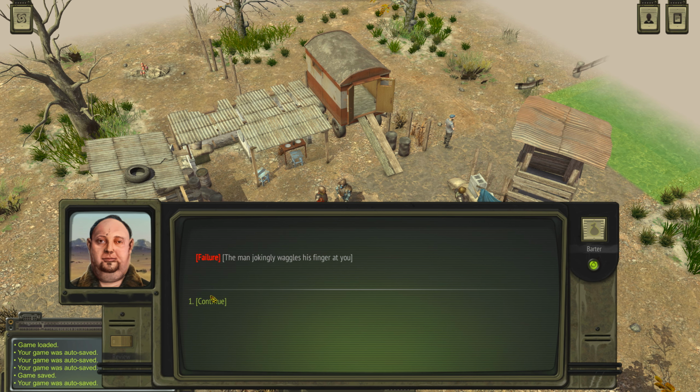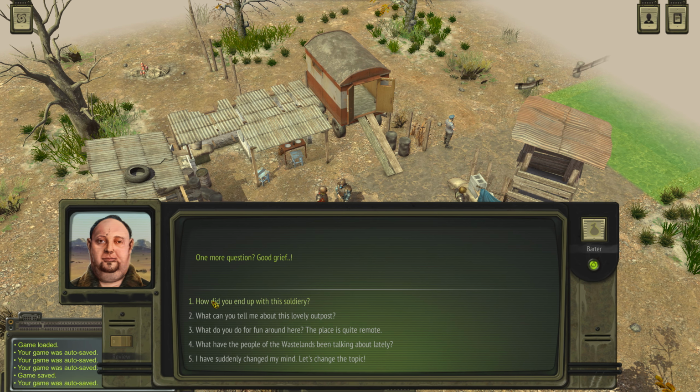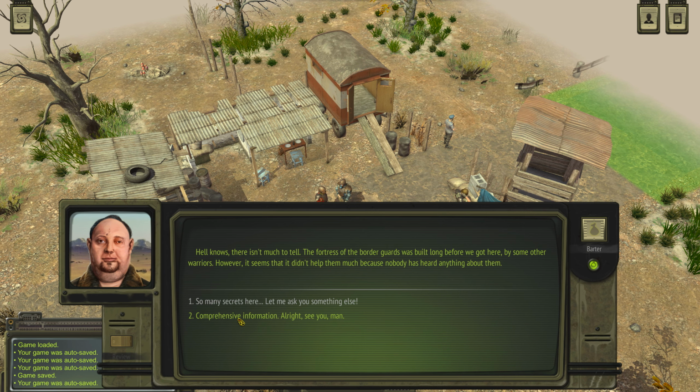Ah, even with my personality. The man jokingly waggles his finger at you. Curiosity killed the cat. There's nothing to tell, really. What can't be cured must be endured. What can you tell me about this lovely outpost? Hell knows, there isn't much to tell. The fortress of the border guards was built long...